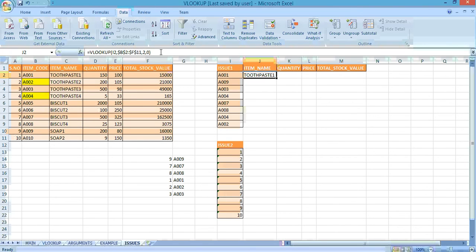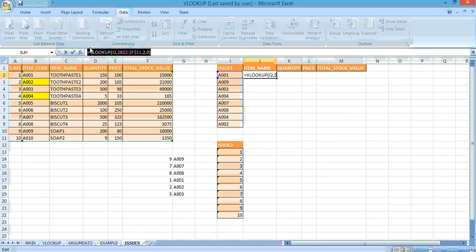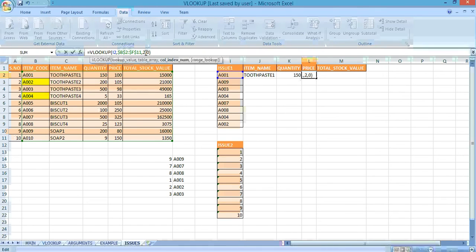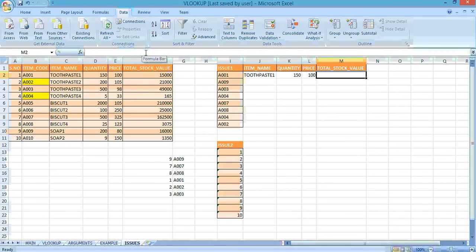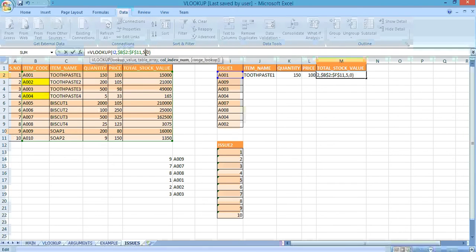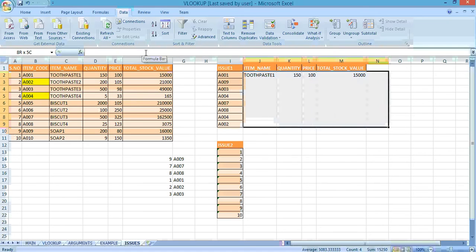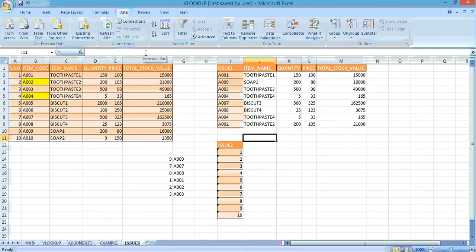Now I'll copy this formula and put it here. I will change the column to 3, 4, 5. So we will get the desired output. So time and again you do not have to put the formula.